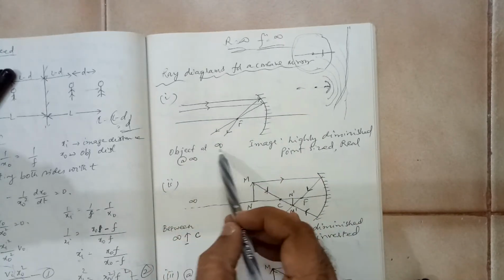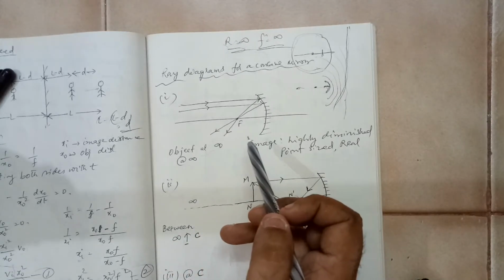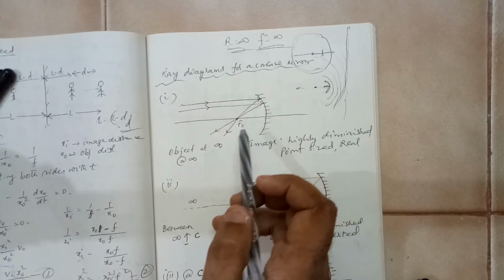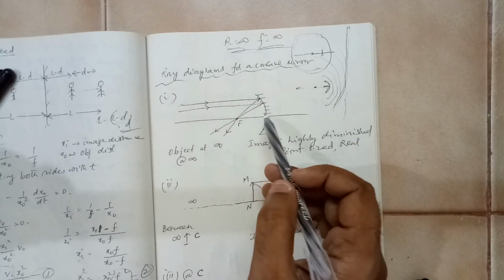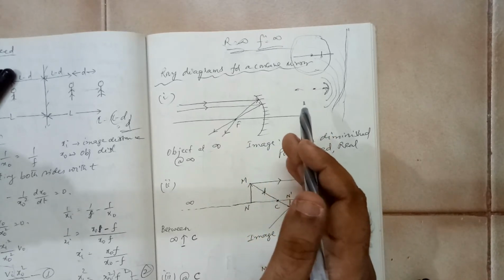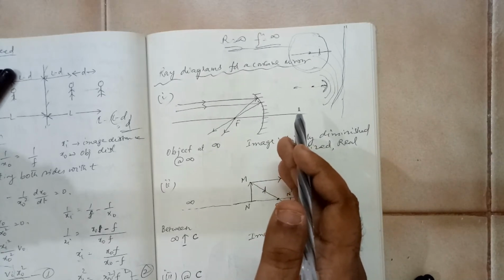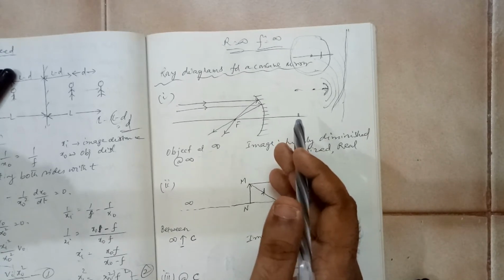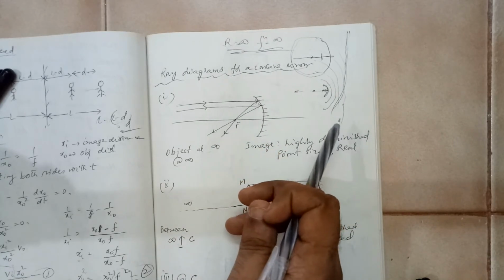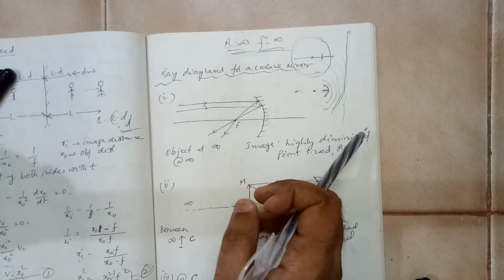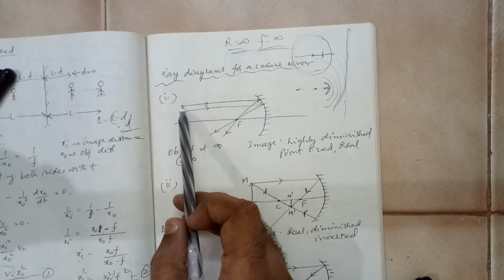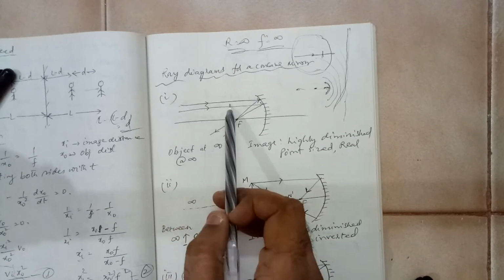First case, the object is placed at infinity. Now, object placed at infinity doesn't mean, in a comical sense, that you're going to put the mirror on Earth and the object at Jupiter. Compared with the dimensions of the mirror, the object is placed at a very high, considerably long distance. Even at a distance of 70-80 meters, that would be considered as infinity. Practically I'm talking. So we can assume that the rays coming from that object will be almost parallel.